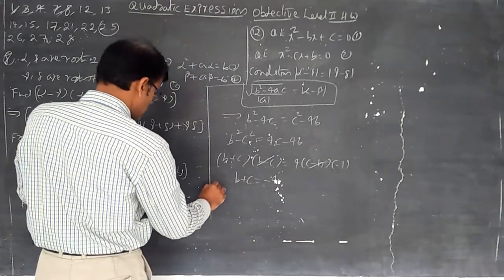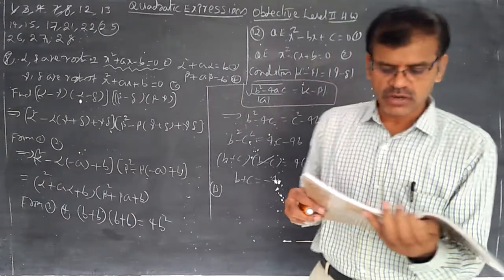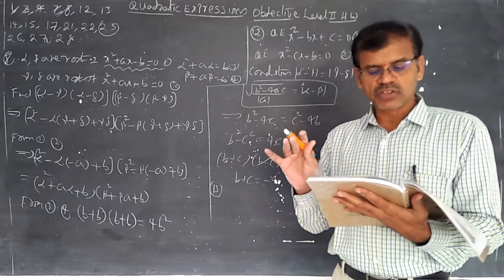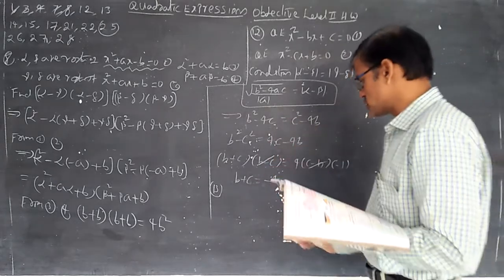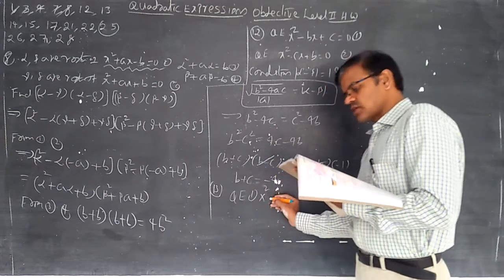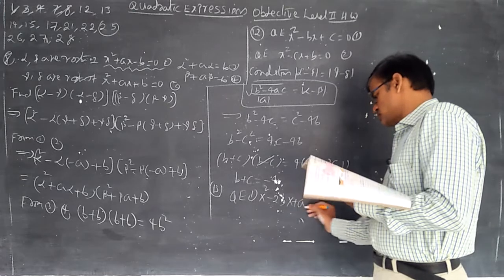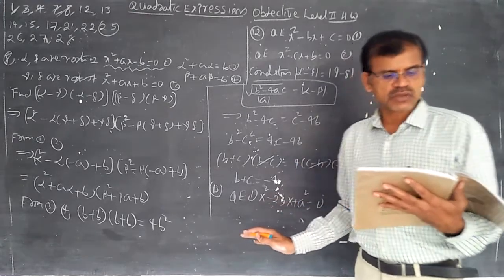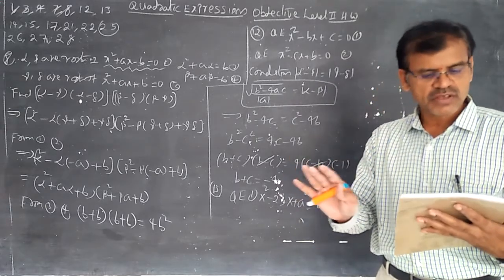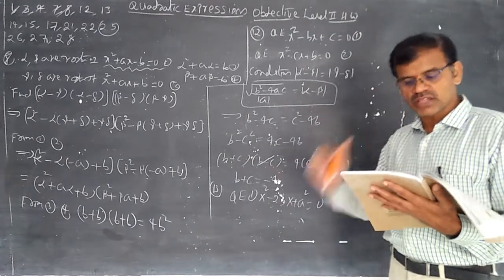Now 13th question. Just read the question carefully, then automatically you can understand the 13th question. Which of the following means of the roots of this equation? So first equation, first you write QE1: x square minus 2bx plus a square. These roots, which of the following means of the roots of this equation? This equation's roots become the AM of another equation's roots.